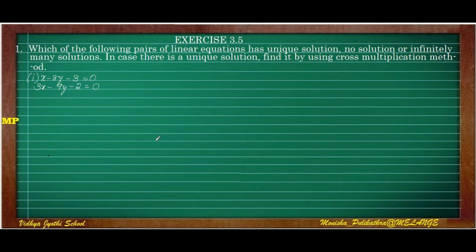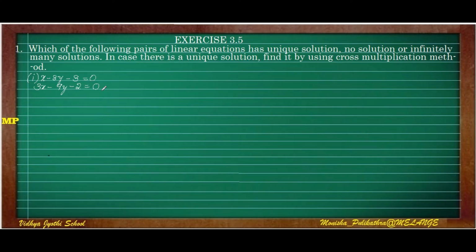No solution occurs when the two given equations are parallel in nature, and if the two given equations are coincident, then infinitely many solutions will be there. Okay, so if it is no solution or infinitely many solutions, there is no need of any further simplification by using the cross multiplication method. If only a unique solution occurs, that is, if the given equations are intersecting, only in that case we have to do the cross multiplication method. Before doing this I will tell you how the unique solution, no solution and infinitely many solutions occur.